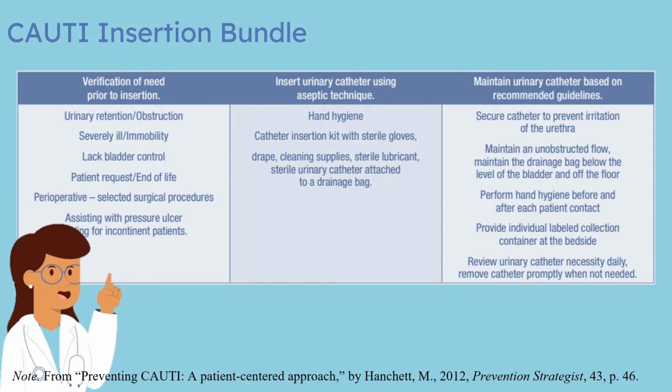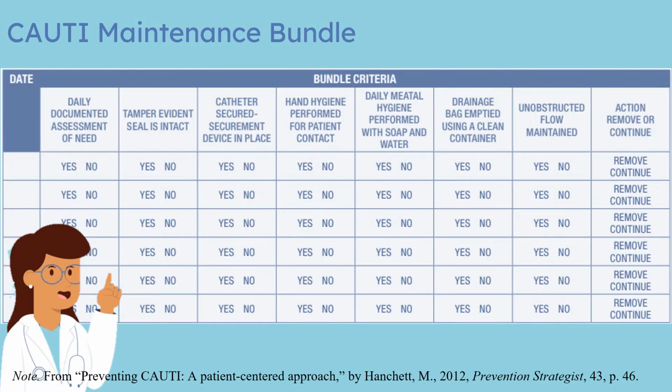This bundle includes verifying the need for a catheter prior to insertion, maintaining aseptic technique, and properly maintaining the urinary catheter after placement. As seen below, there are multiple steps under each of these categories to help with CAUTI prevention. The APIC also created a CAUTI maintenance bundle that prompts nurses to consider if they have assessed if